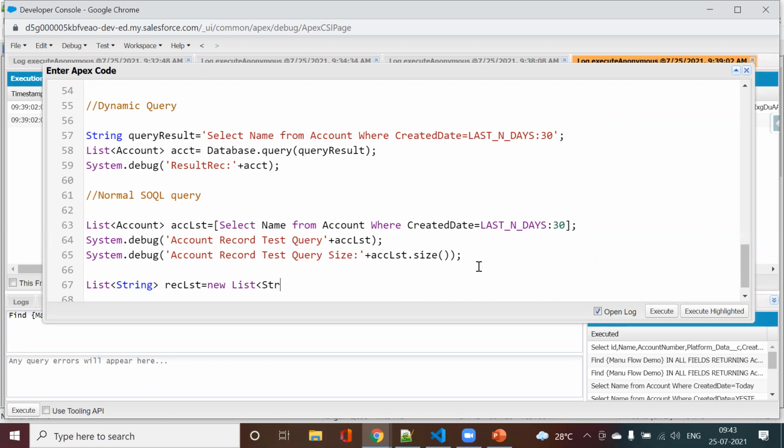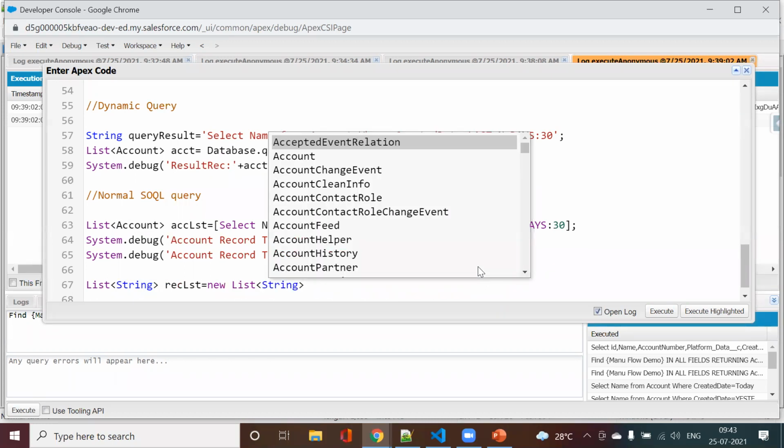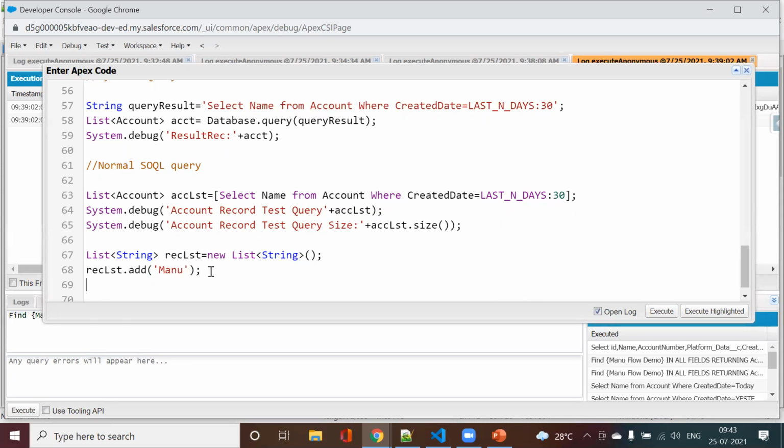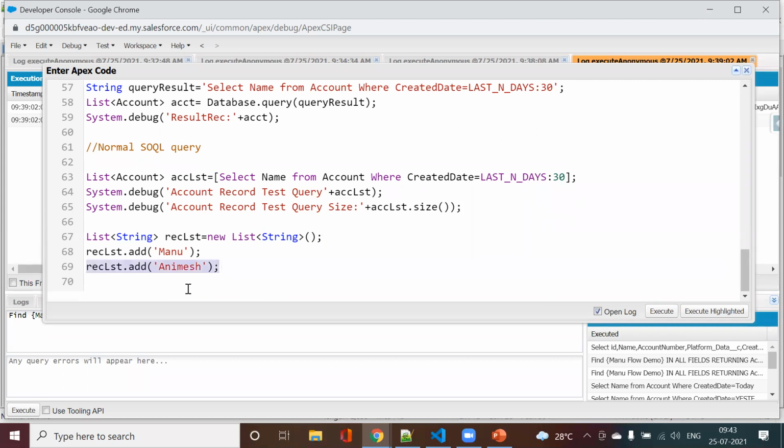Now there are multiple ways I can assign the list records. I can take this rec list and add maybe one or two elements. First name, maybe Manu. Second name can be Animesh. Third name, maybe I can have Sudipta also.